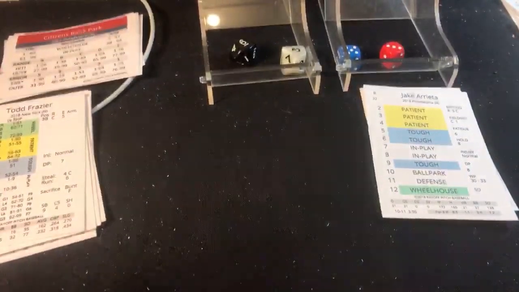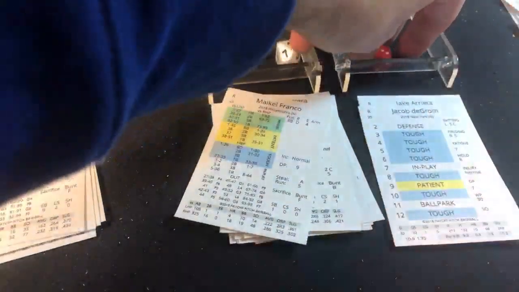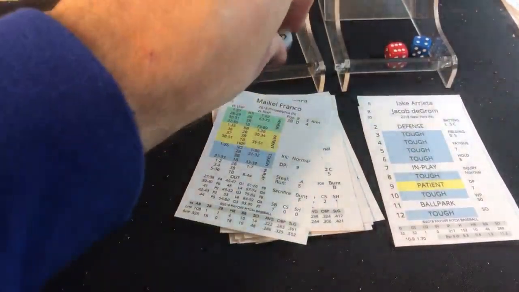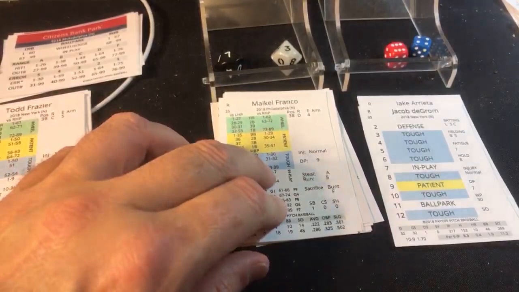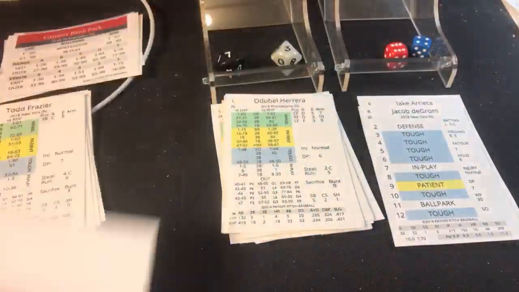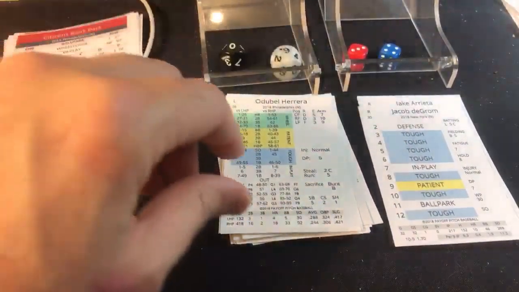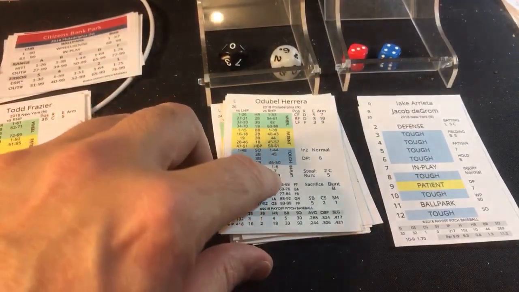deGrom is going to face Franco, Herrera and Kingery. And here goes a 10, tough. And we're going to look at Franco's 73. That's going to be in the out range. That's going to be a ground ball, second base. McNeil, 1 away. Herrera, 7. That's in play. And that's going to be 0-6. In play 0-6. That's going to be